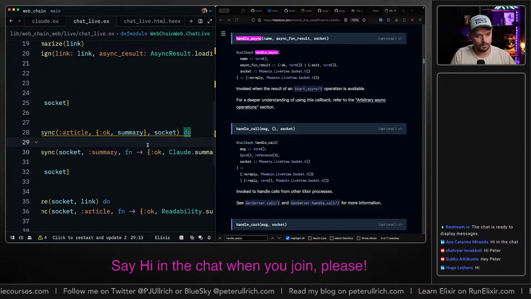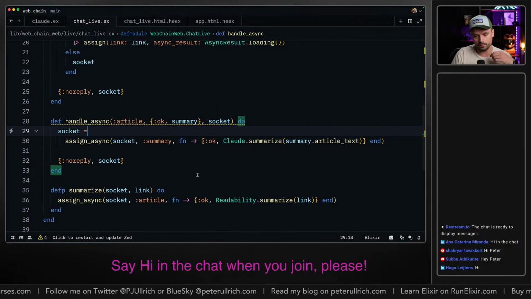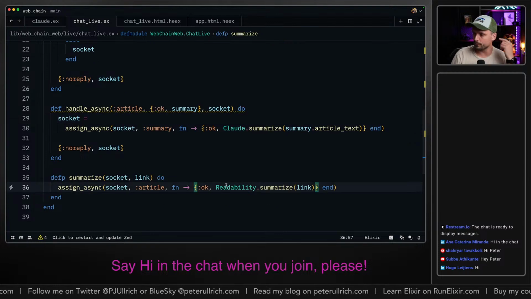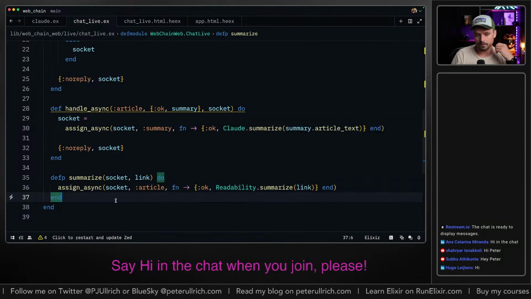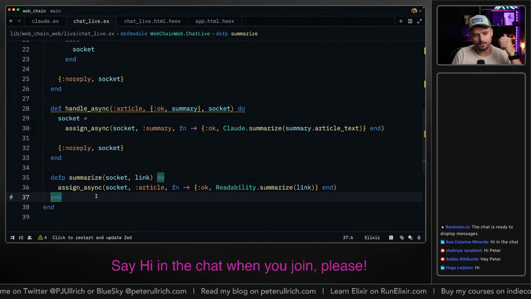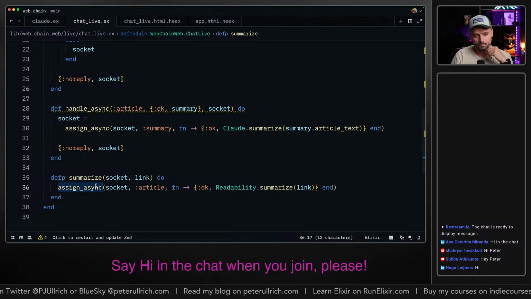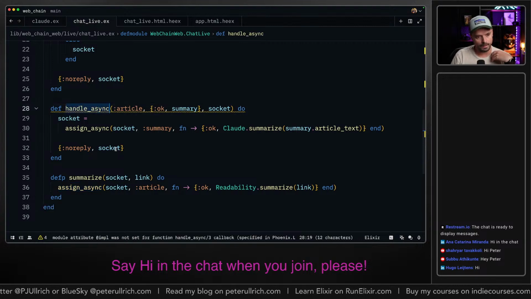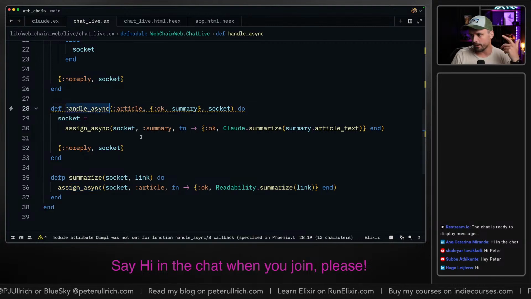Yeah, so basically first we use readability for fetching the article using the link, and we're gonna use that in an async assign. So that's gonna run asynchronously, and then once it's done, it will invoke our handle async callback.